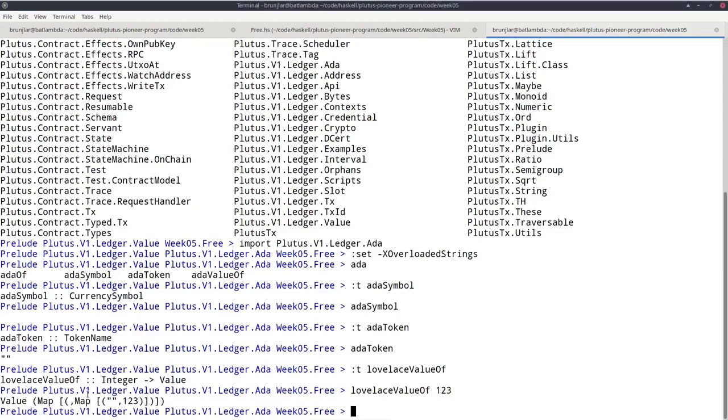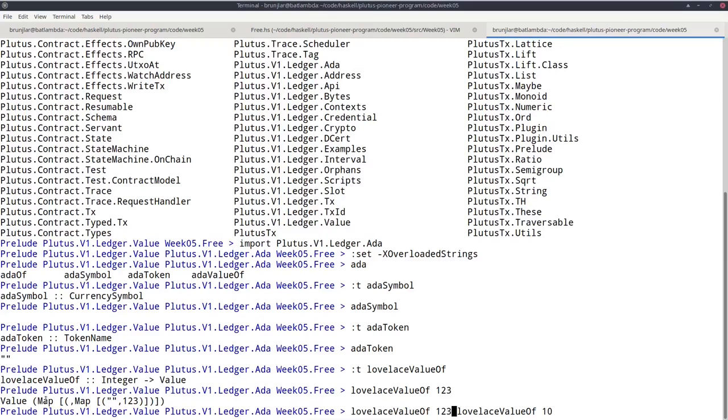One thing we can do with values is we can combine them, add them. So let's take another example, lovelaceValueOf, I don't know, 10. And how do we combine them? Well, it turns out that the Value class is an instance of Monoid. We briefly mentioned monoids in the last lecture when we talked about the writer monad.